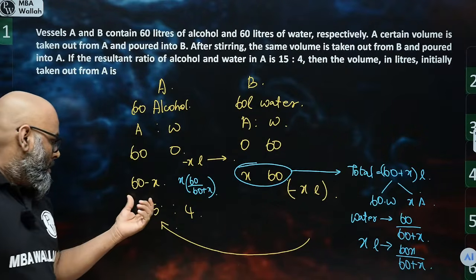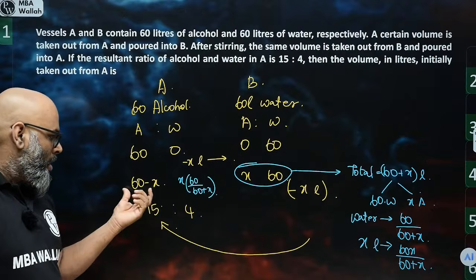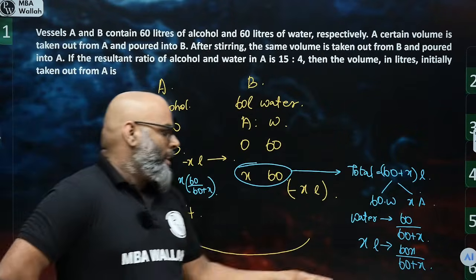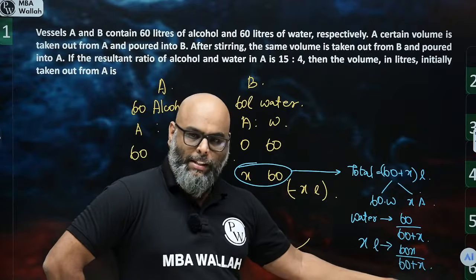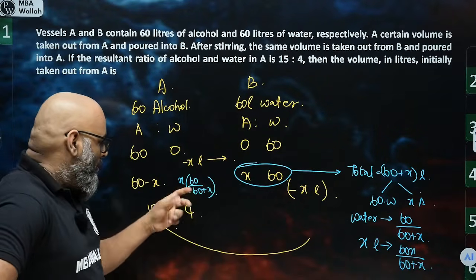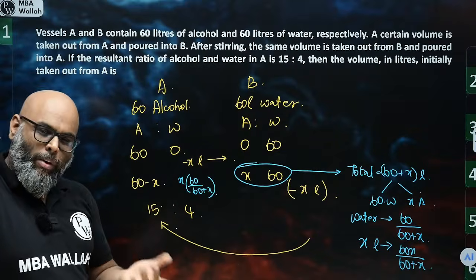Right? There will be some water here, some alcohol here, balance will be alcohol because you are also adding something here. 60X square by 60 plus X, whatever comes here, not even worried about it. This will be the water that comes over here. Now can I say